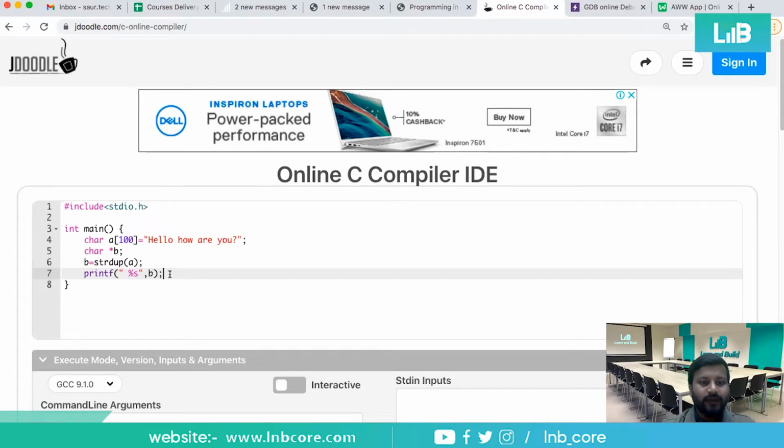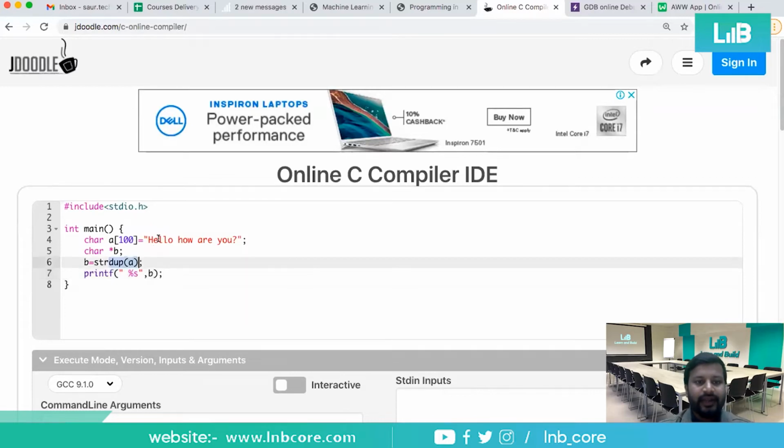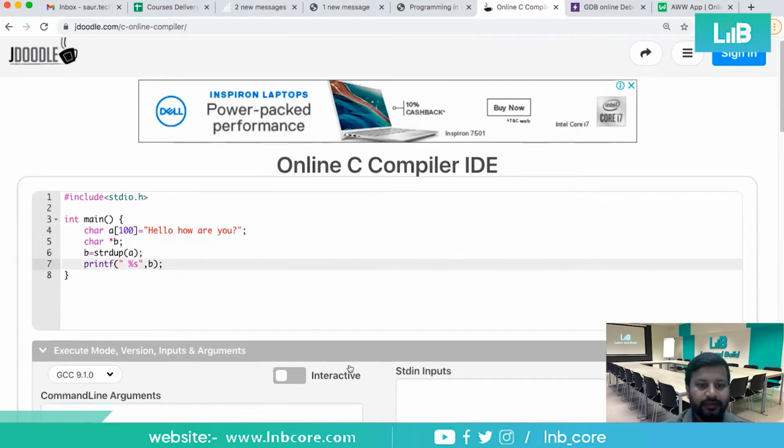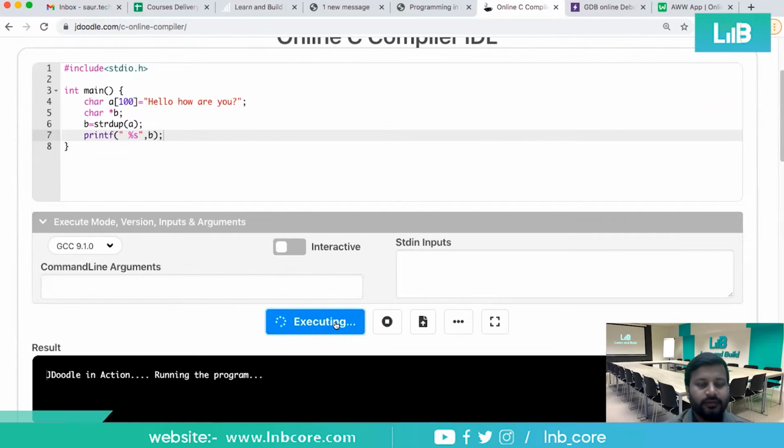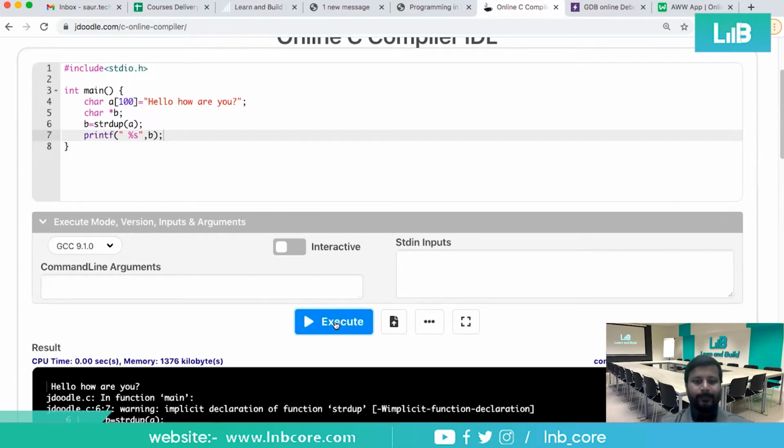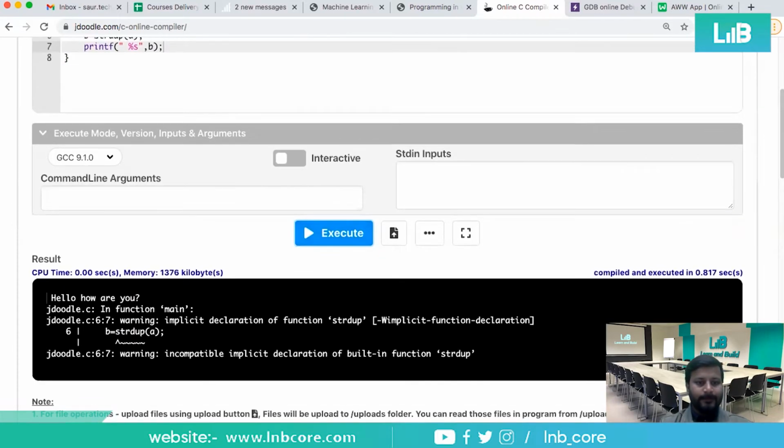Similar to this command, we have another command also. We'll try to see that command as well. In this command, the entire data from this string is going to be copied into b. Let us try to run this code here.